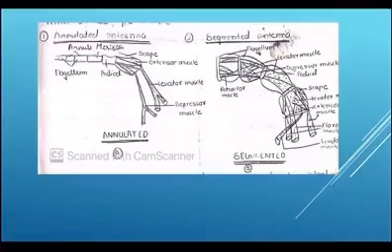Here is the diagrammatic representation in the annulated and segmented antenna. As you can see by the diagram, in annulated antenna, the muscles are only limited to the pedicel and scape, whereas in the segmented antenna, you can see in each subdivision of the flagellum, there is a complete set of these muscles, which are depressor, extensor and flexor muscles.